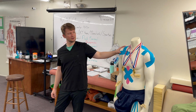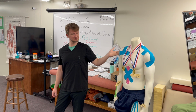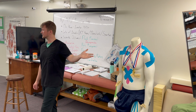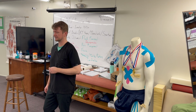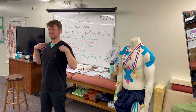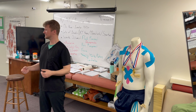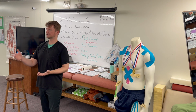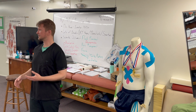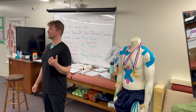And when this worked well, when I had shoulder people, and there were a lot of shoulder people that had a lot of value with this kind of tape, sometimes it was simpler, sometimes it was more complex. But I would explain the goal. You know, the goal is we want your shoulders rolled back and down. It's better posture. And now with that sensation, ideally they have that on their body, and as they're sitting, driving, going about their day, they have that to remind them to hold their shoulders in a better position. And if they do that,